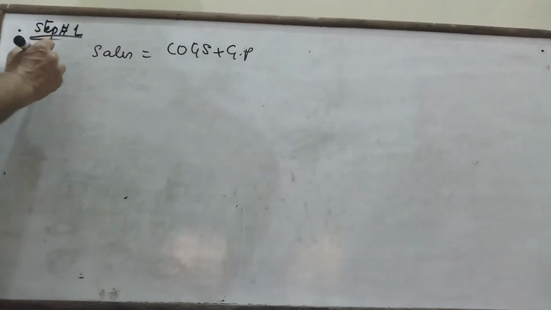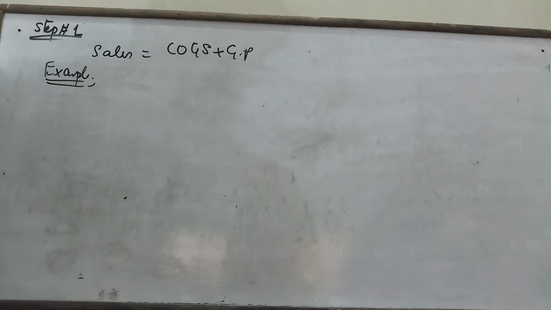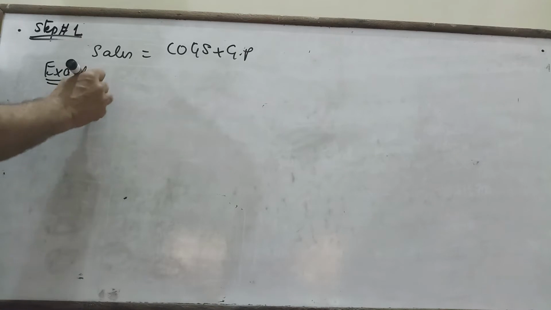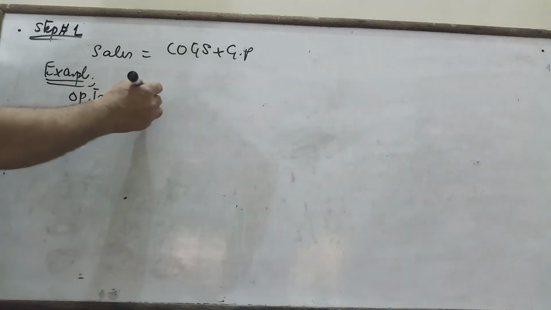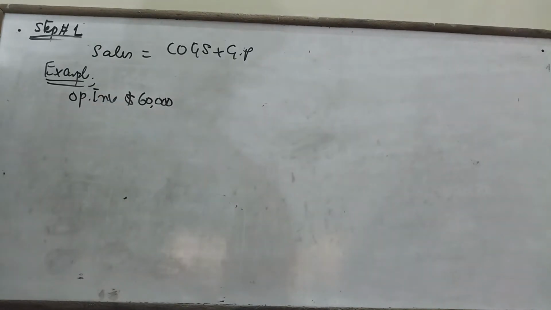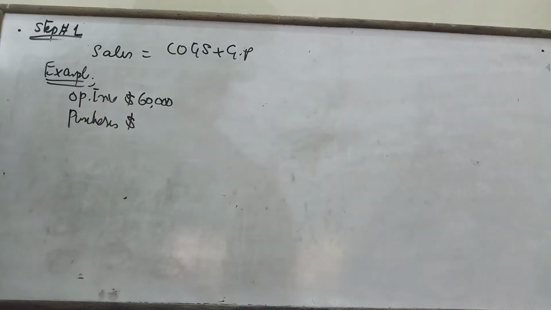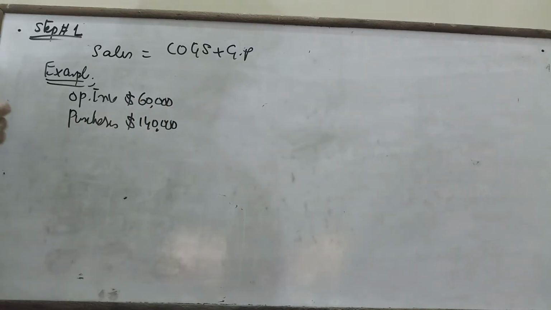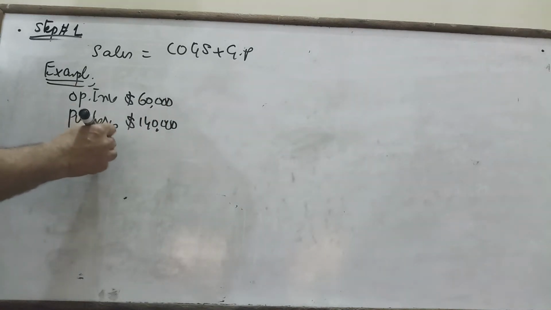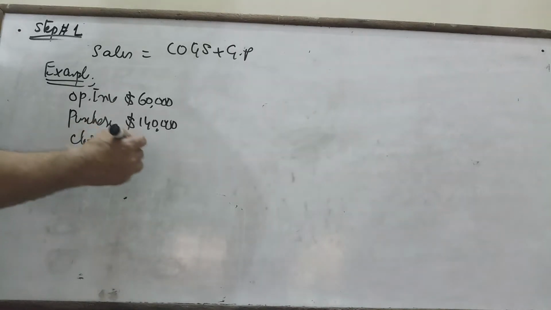So let's say, for example, the opening inventory is $60,000, and purchases during the year are $140,000. I'm just assuming that, and closing inventory for the year is $20,000,